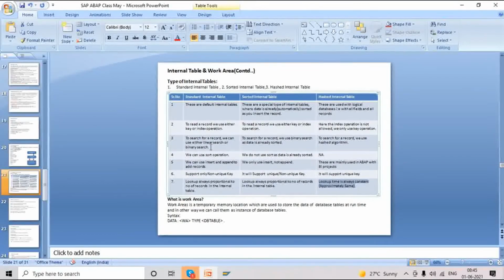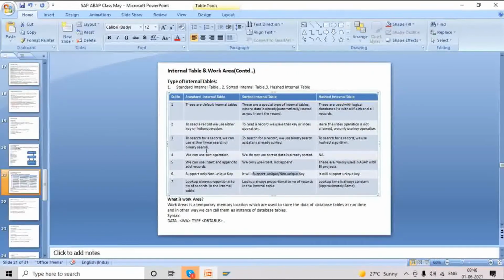Because it supports both unique and non-unique values. Basically it supports non-unique values. That is the main advantage. If we use a sorted table, append will not work. Just now we got many dumps whenever we used append and insert. Many times we append data at runtime, so that is the purpose for which we prefer the standard internal table.